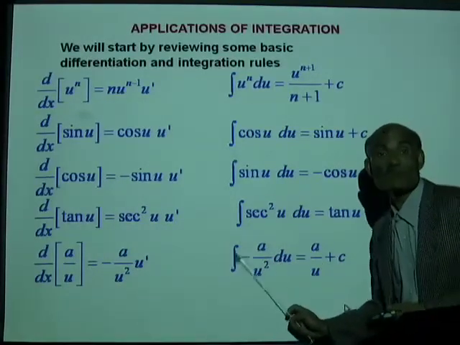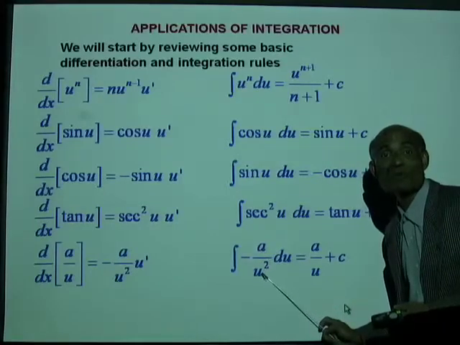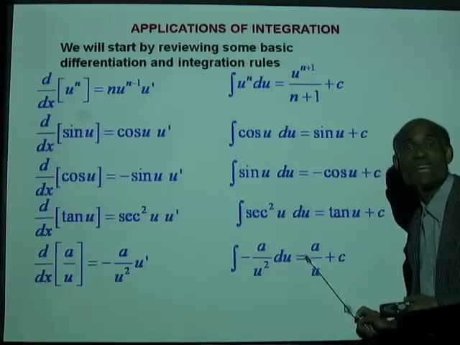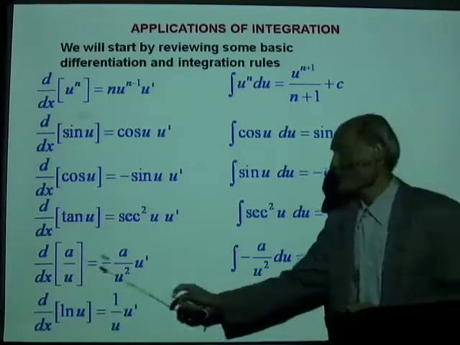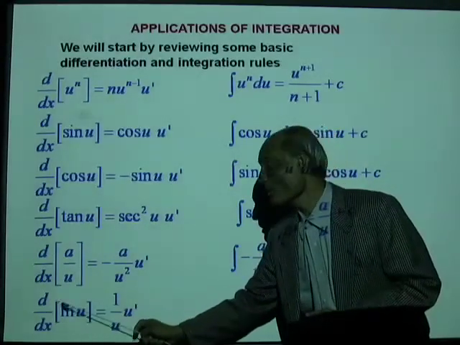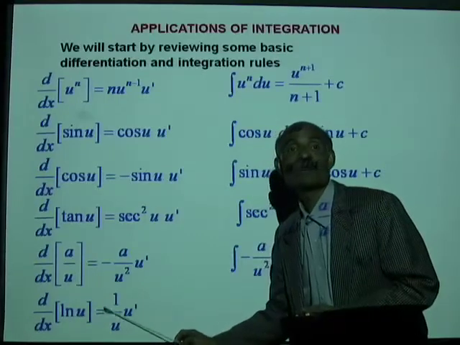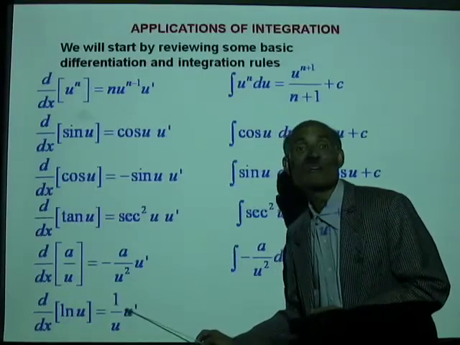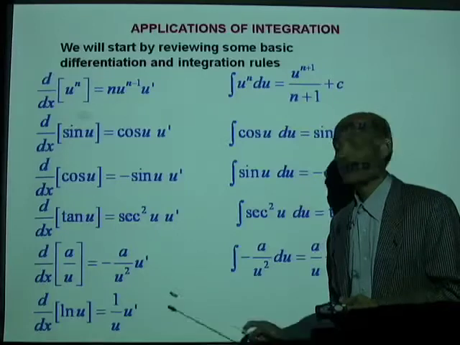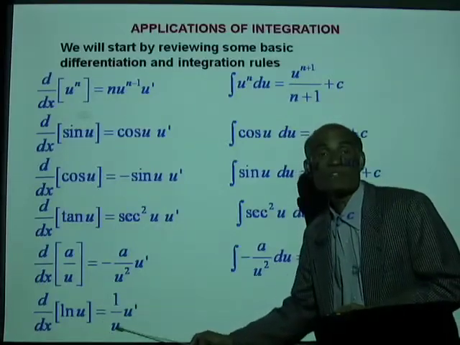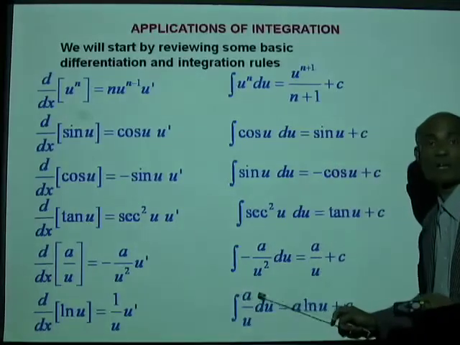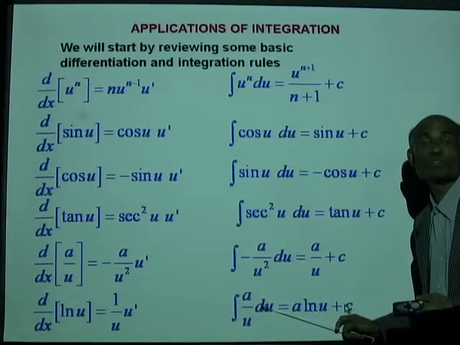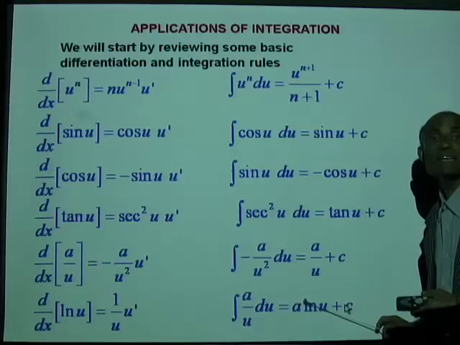Or the integral of a over u squared du will be negative a over u plus c. Now finally, the derivative of ln u is 1 over u times u prime. Therefore, if you integrate 1 over u with respect to u,